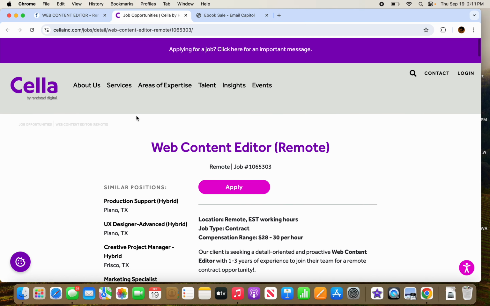The company is Cella. It says by Randstad Digital, so I don't know if Randstad owns them or not. But anyway, this is the web content editor position. Let me know your thoughts on this position, and you can apply. I will have this link